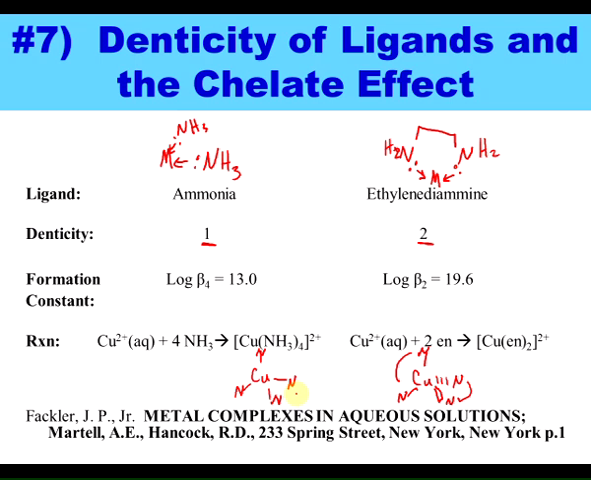The monodentate ligand has a log beta value of 13. And that β4, that 4 represents there are 4 steps in that overall reaction. But the log β4 for this is 13. Compare this to the overall formation constant of this copper complex, that's 19.6. So the complex with the chelating ligand, so the bidentate ligand, is much more stable